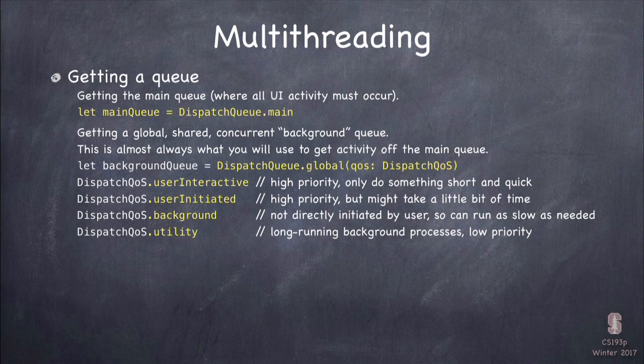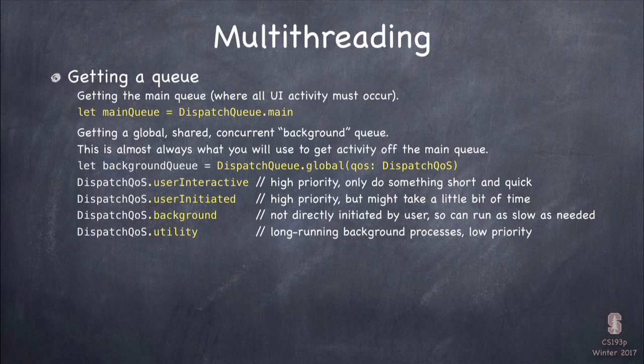You're going to use dispatch queue.global instead of dispatch queue.main, and it takes an argument there, QoS. QoS stands for quality of service. So this is talking about what the quality of the service that the line is getting. High quality service means things are being pulled off the line really fast, and the threads that are being used to execute them are high priority threads that get to run a lot. Because remember, there's only one processor, so they all have to kind of share the processor. So high quality service means you get a lot.